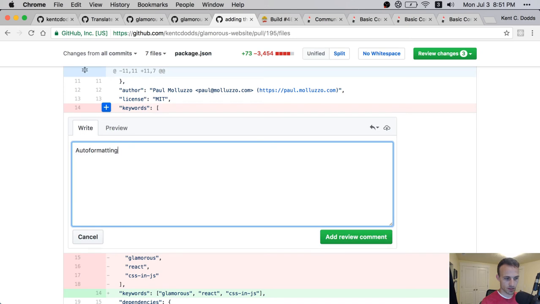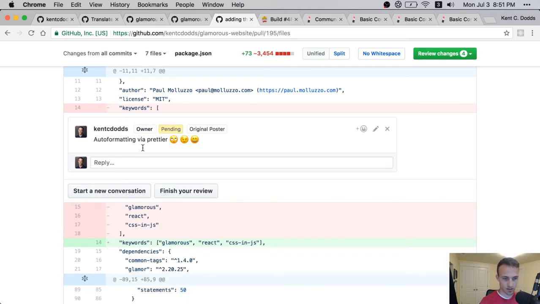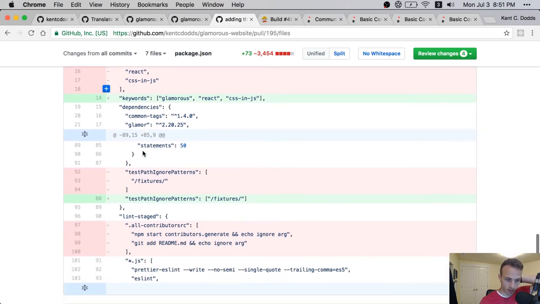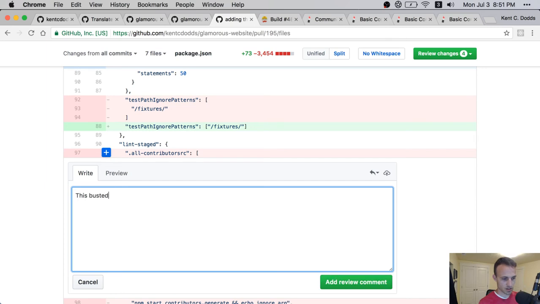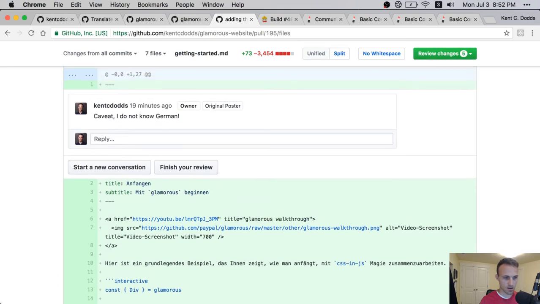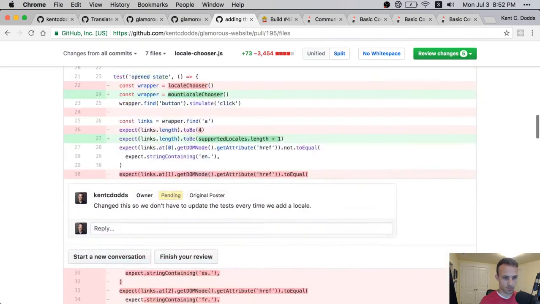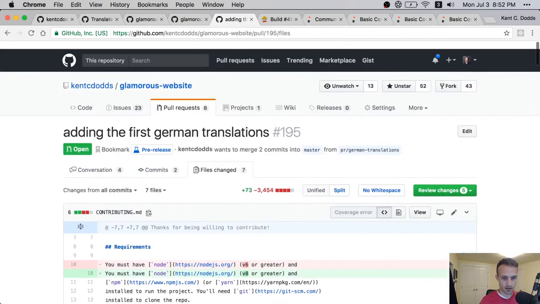And auto formatting via prettier, roll eyes, wink, smile, just so nobody has any idea what I actually intend by that comment. Okay. This busted tens of people and isn't worth investigating what's up. Okay, and yeah, cool. I think all that's good. So